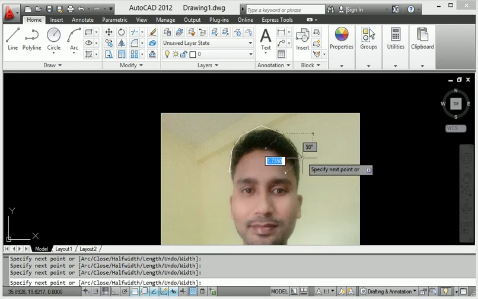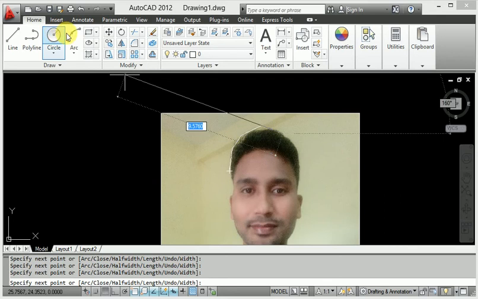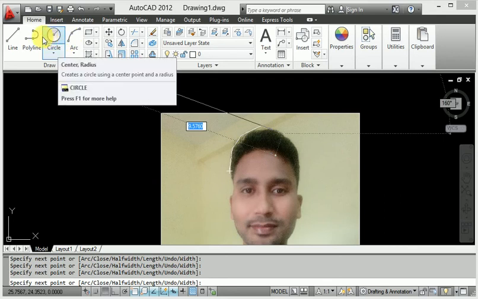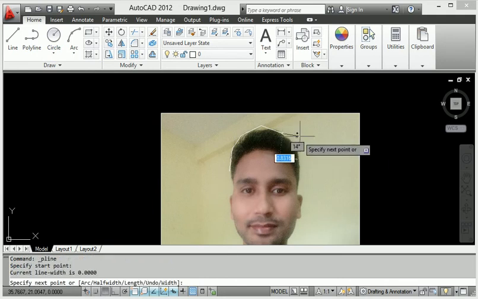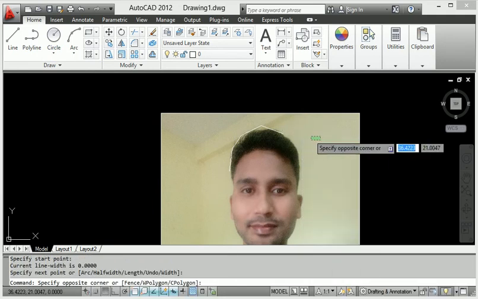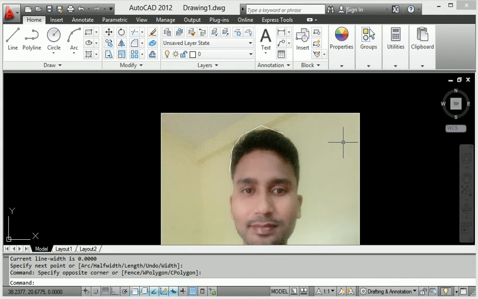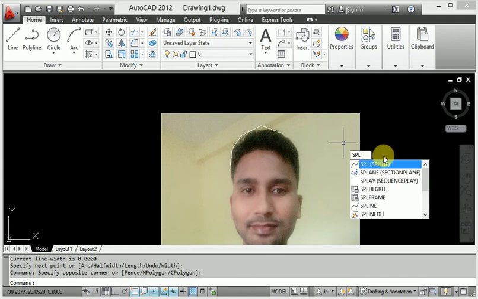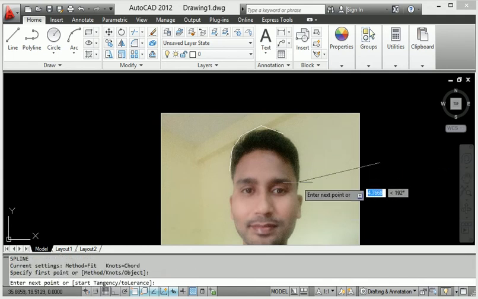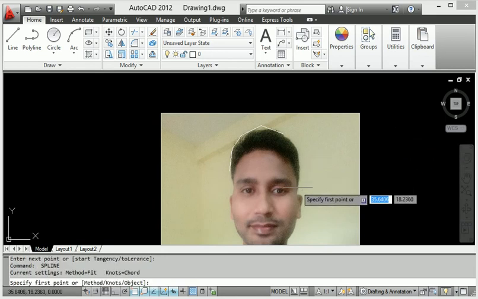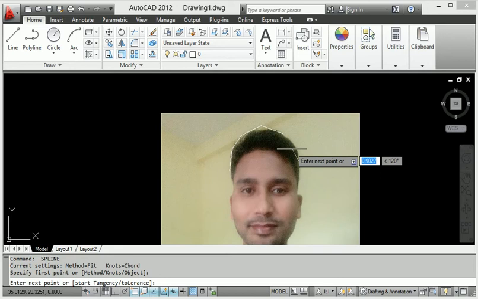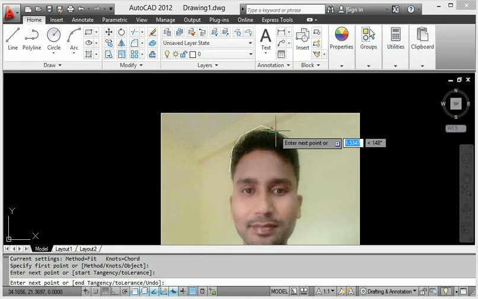So this is stretching from AutoCAD, in easy selection, creating the drawing. When I go to Spline, here the spline has been selected right now, and again I will start the spline here.